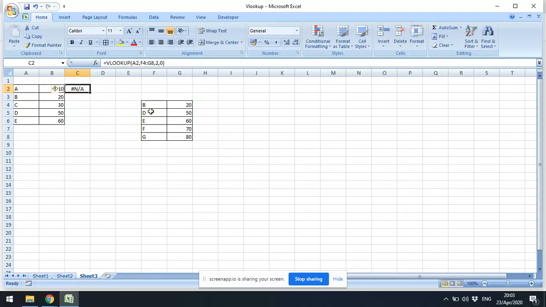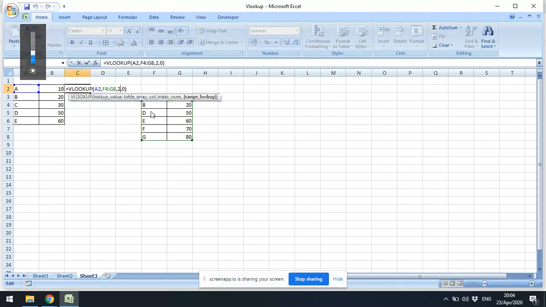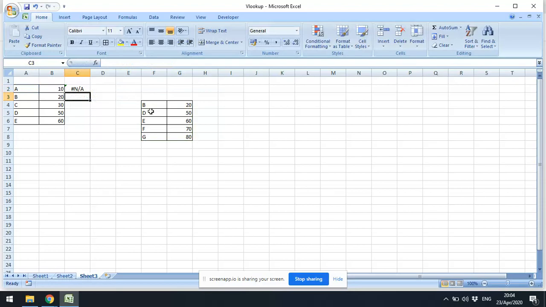Because it is coming as NA, that means it is not there in the second list. Like I showed in the last tab, I have to fix this whole array because it will otherwise change. I'll copy paste that for all the numbers.